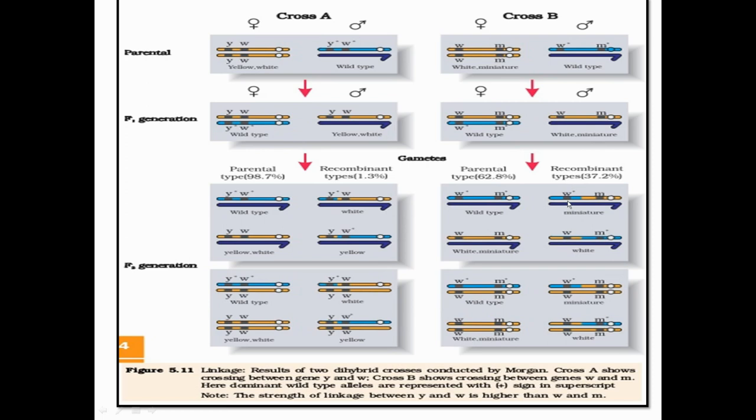And in the recombinant one, the possible combination is when half part of this is exchanged with this. And in the next one also you can see this half part is exchanged with this part. Okay, this half is going to be exchanged with this. So this type of exchange is quite possible in both male and female. You have to draw this cross at least twice to understand the concept of linkage and recombination. Otherwise, the total understanding or the outcome will be zero if you don't practice this cross at least twice.